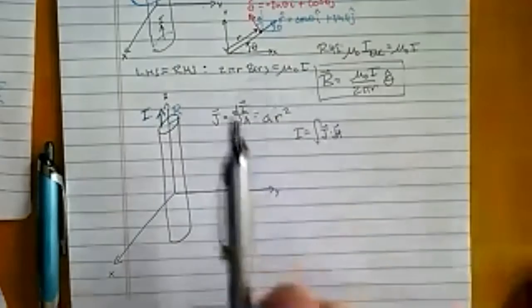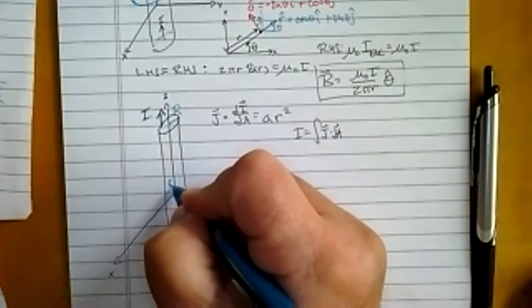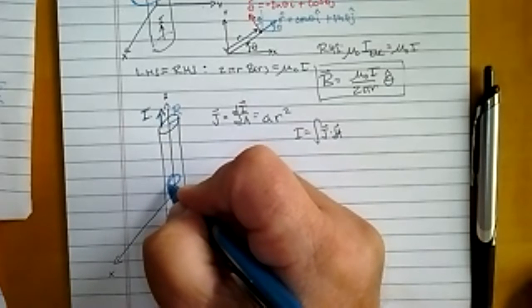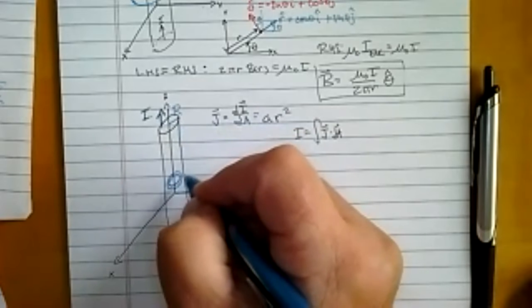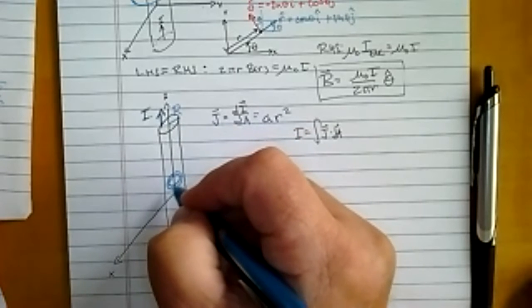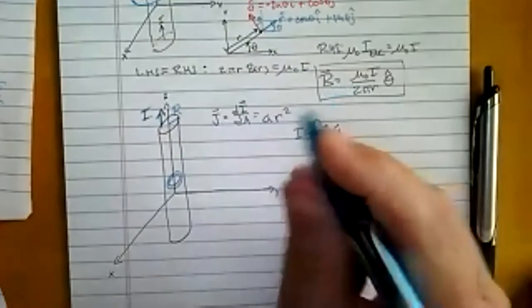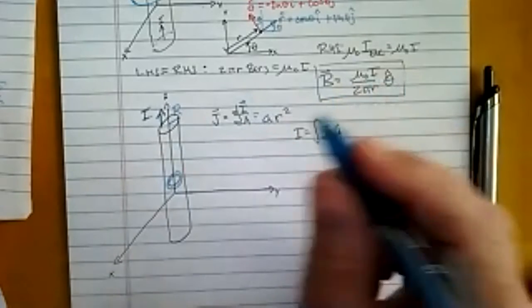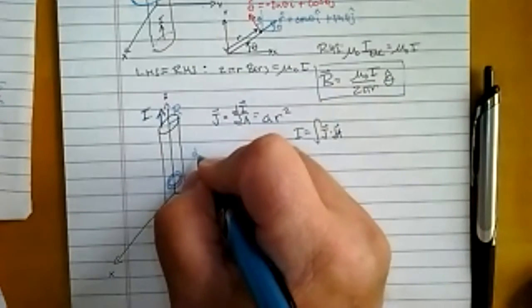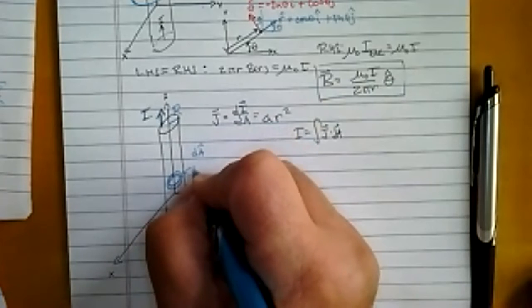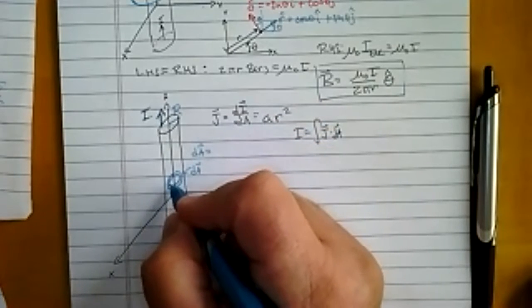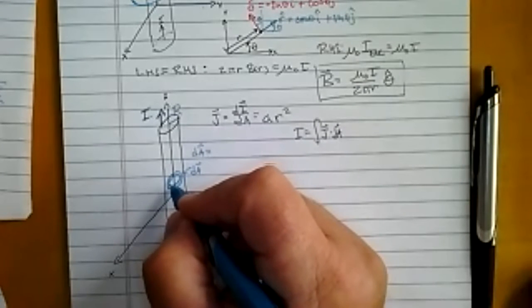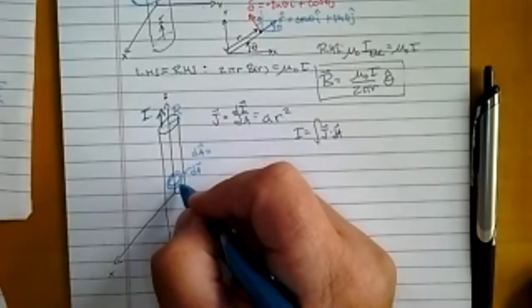So what I will do is choose concentric rings, if you will, of thickness dr. Now the rings are centered on the center of the axis of the wire, and of course the A vector points in the k hat direction. So with that in mind, I can say dA is going to be, it's basically a circle. So the length around here is 2 pi r, and then I just multiply it by dr,